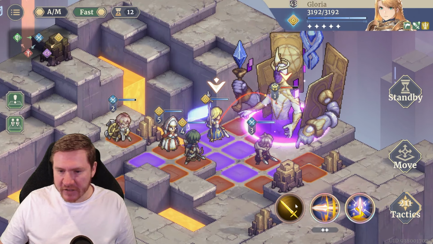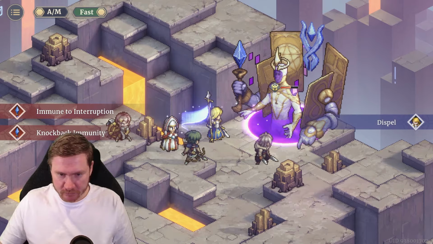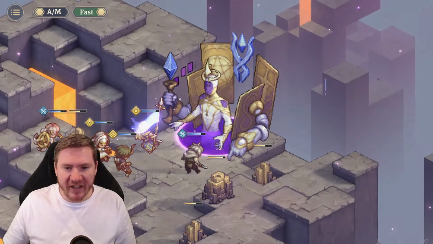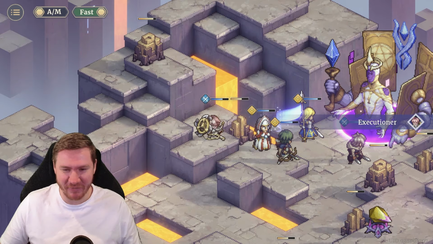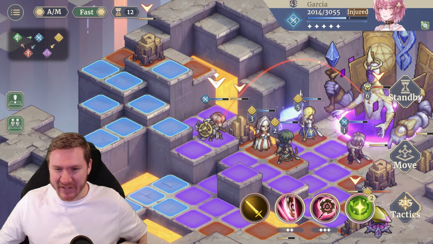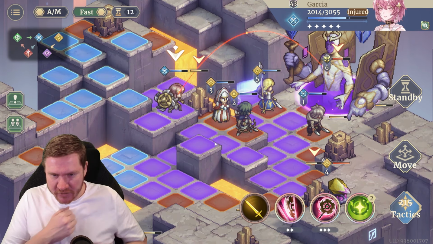And then Gloria is going to... She's got full energy. We can go ahead and drop a bigger hit here if we want to. Now we're going to take a hit. Now that would have been way worse if we didn't break that shield. That would have been unmanageable if we didn't break that shield. So now I think what I'm going to do...